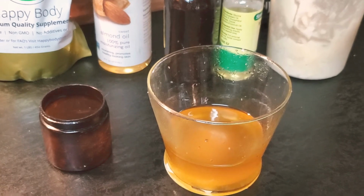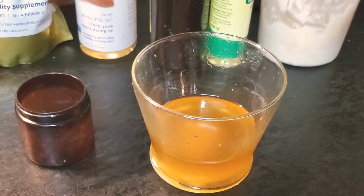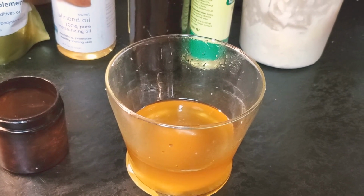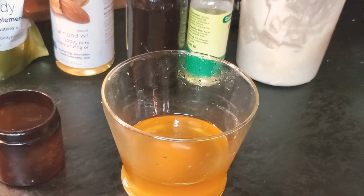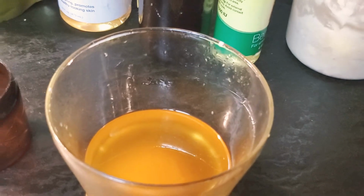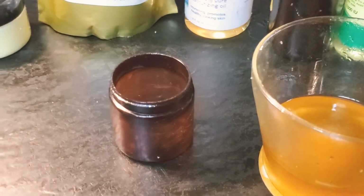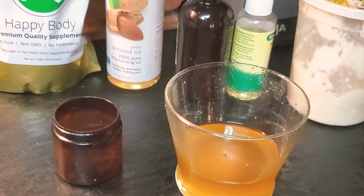It's probably easier to use the oil, because if you use the oils, you don't have to go through the stovetop method of melting it down. But I like the butter form as well. I can do both. And I'll probably do a video of the oils. I just need to order some shea oil. And I'll come back and give you more detail,